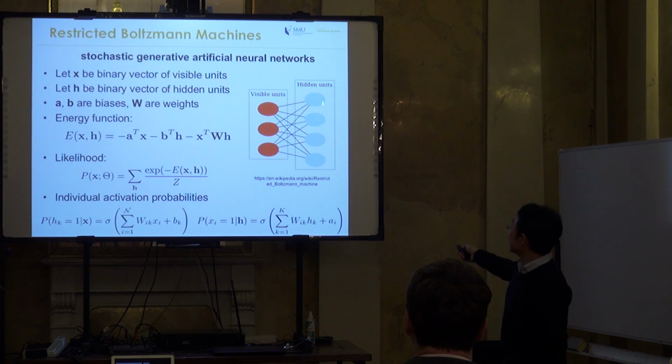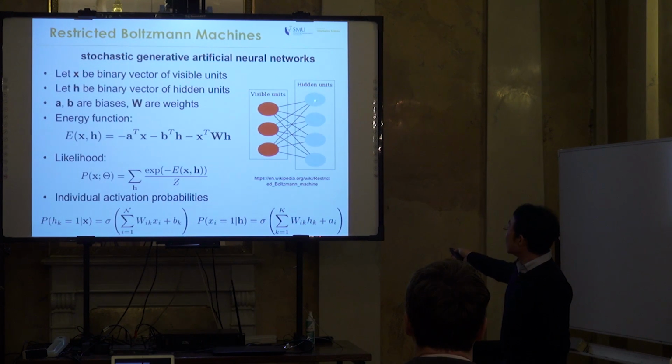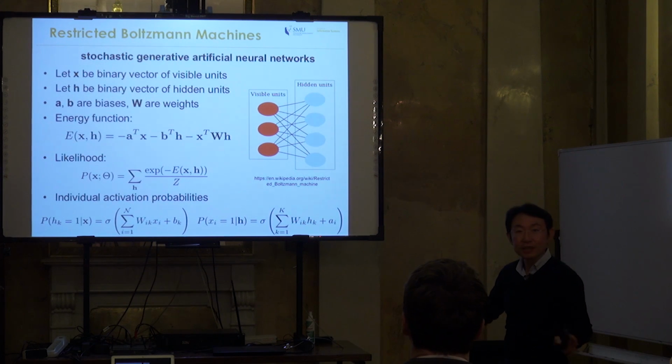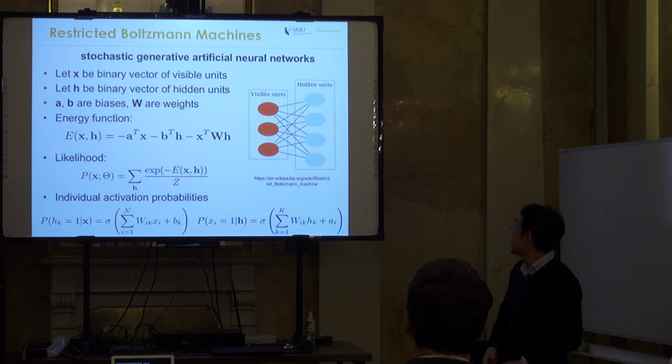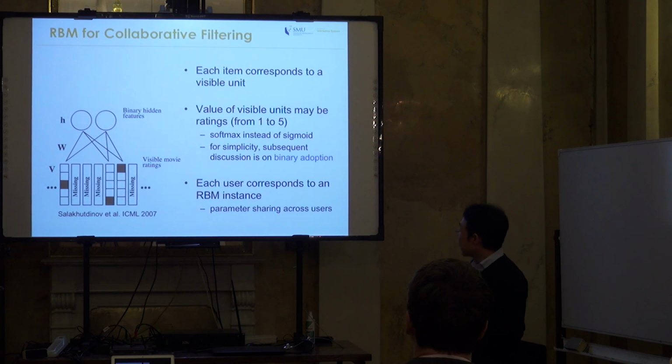So in this case, the hidden unit here is essentially going to be like a binary code, a binary vector, like 1, 0, 1, 1, 0, and so on, right? And each one is going to encode certain co-occurrence. Like, let's say if these two things are always bought together, then when this is a 1, it's going to turn on 2 of them. So the thinking is that each of them is going to turn on different subsets of the items. Now, this is something that can be used for predicting the